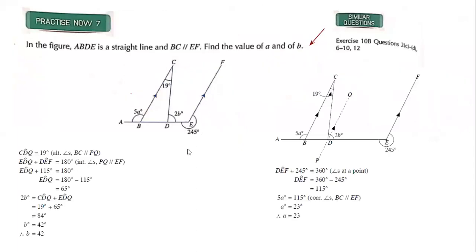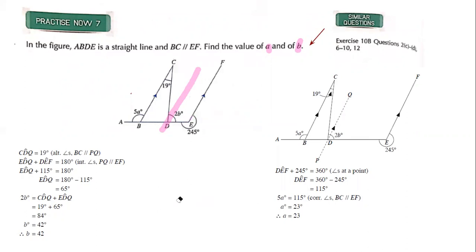That is again from the practice exercise, and this is another figure in which we are asked to find these unknowns a and b. So again, first of all, we would draw a line here which would be parallel to this EF and BC. So from here we can see that these two angles,